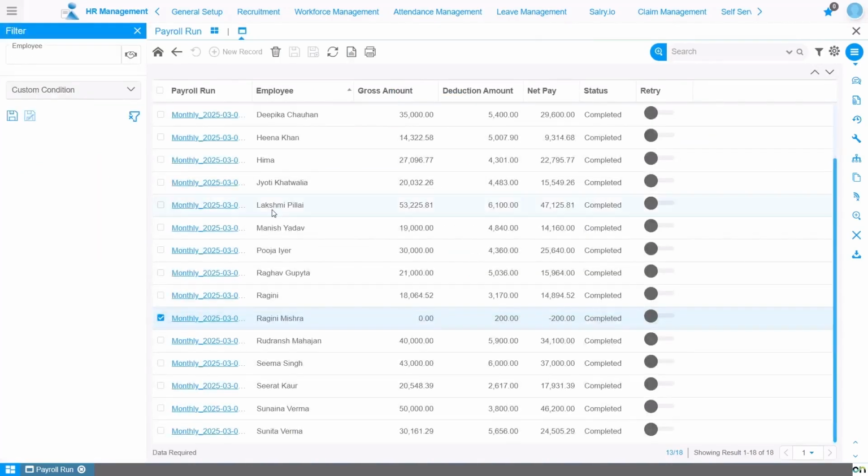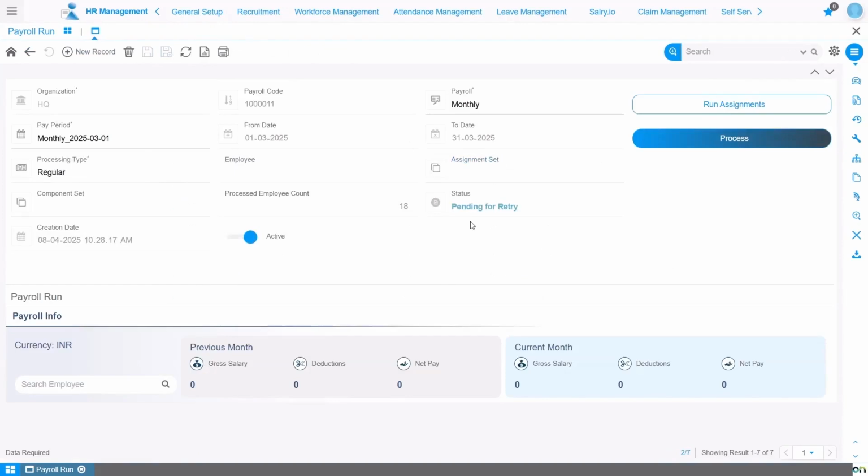As of now, I am marking the retry option as true for this employee's record in the Run Assignment tab and saving the record. And when I go back to the header tab of the payroll run record, here you can see the status has updated from completed to pending for retry. Now we'll go to the Employee Work Information Payroll window